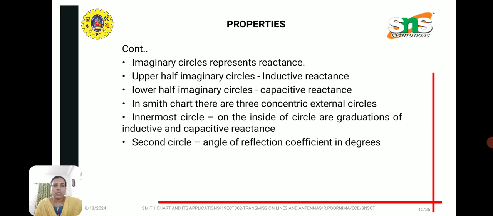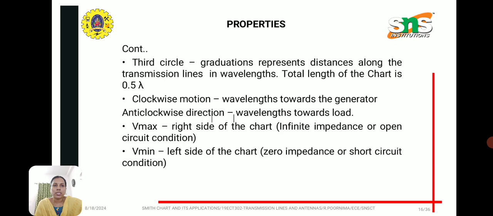There are three concentric external circles. The innermost circle is the graduations of inductive and capacitive reactance, the second circle is the angle of reflection coefficient given in degrees, and the third circle is the distance along the transmission line given in wavelength. The total length of the chart is 0.5 lambda. In clockwise motion we get wavelength towards the generator, and in anti-clockwise motion we get wavelength towards the load. V max is the right side of the chart and V minimum is the left side of the chart. The right side is the open circuit condition or infinite impedance, and the left side is the short circuit